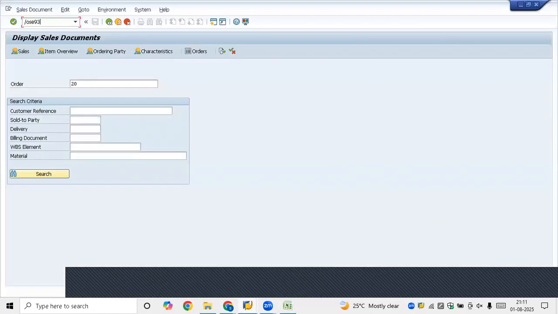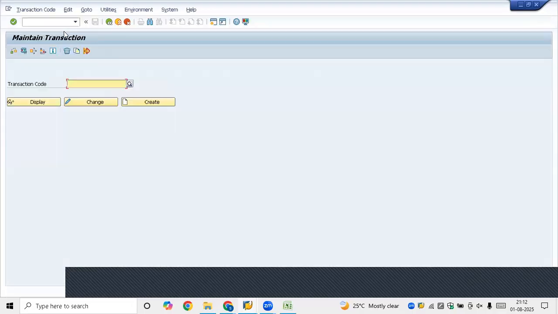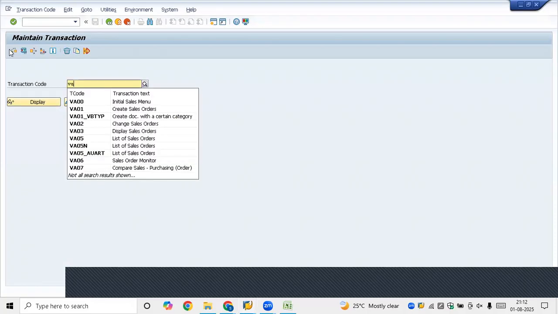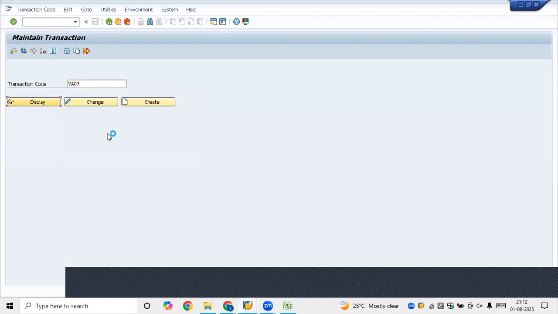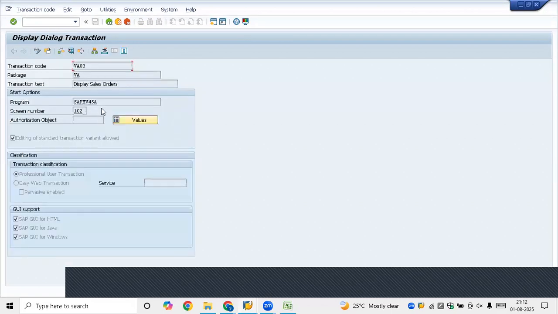So SE93, if you go, keep remembering the T codes. SE93 is to view the T code. That day I showed VA star. Even you can do that, see, it will show up. Star also shows VA03 display. The underlying code is this program. This program, if you execute,